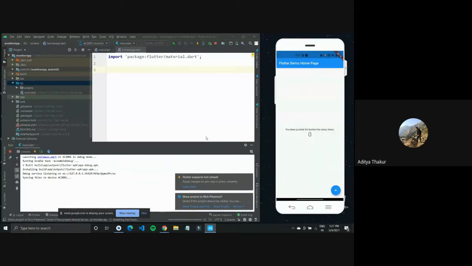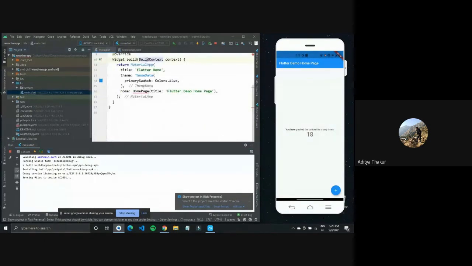Right now it will still run the increment button. When I tap on it, it increments the counter on the screen. That is the simple code that every new Flutter application that you create comes with. So we have cleared that code. Our main.dart is basically returning a home page that isn't there, so we are getting this error.